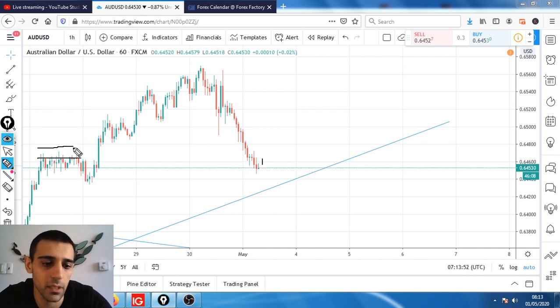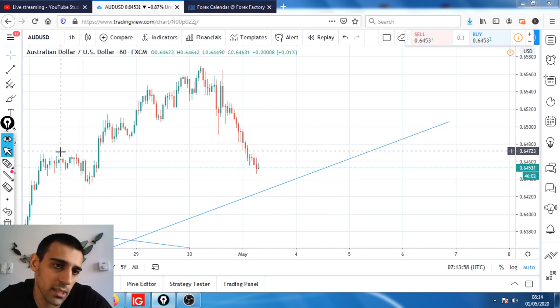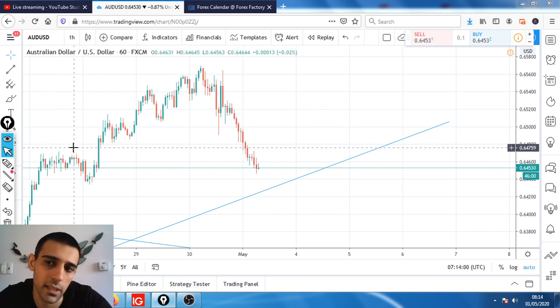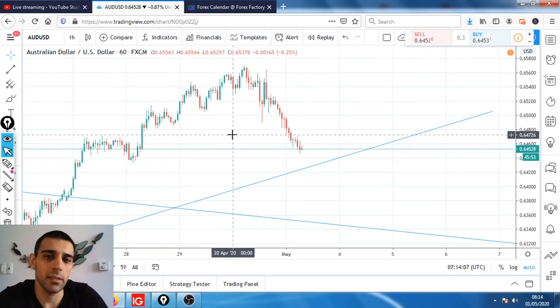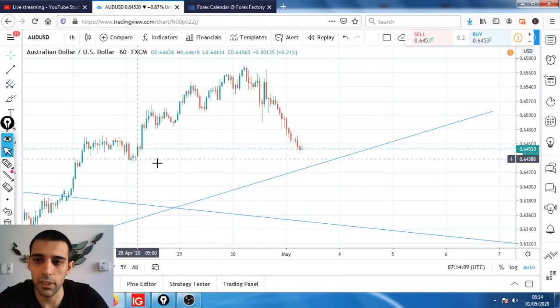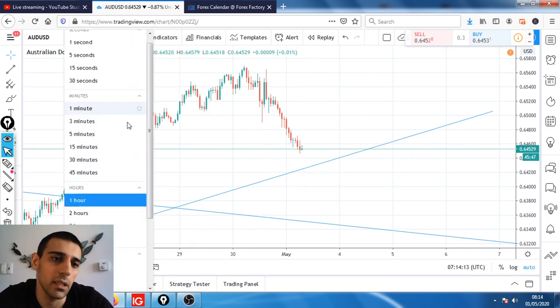Again, 10 pips, or you can give it 12 pips, that's fine as well. We're going to position the stop just above these highs here, so somewhere around here. As for the targets, that's a bit of a tricky one now. So if we enter at 64.65, let's go to